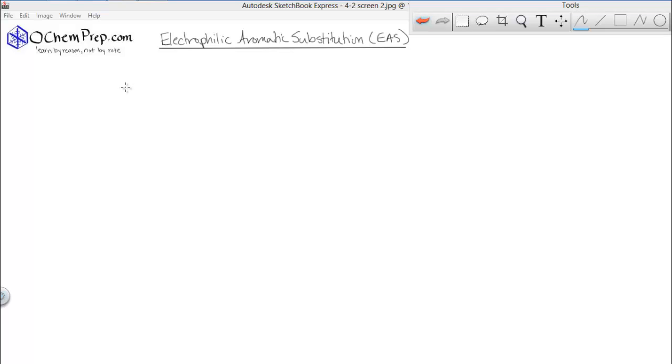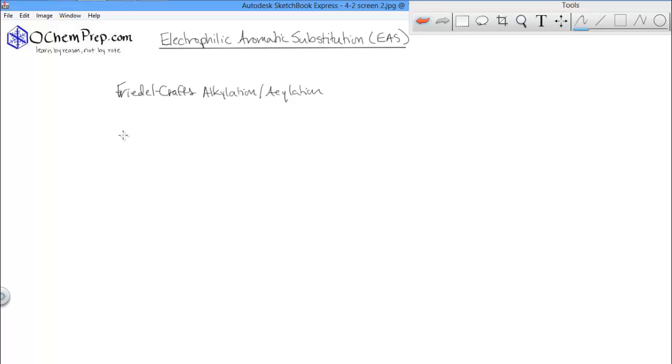Okay, we're going to take a little bit of a look at this Friedel-Crafts alkylation or acylation. Chemists can get their names on reactions when they've done a lot of work and they're very useful. So Friedel-Crafts alkylation, which is adding an alkyl group to a benzene ring, and acylation